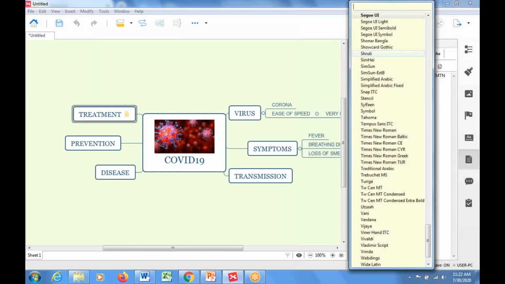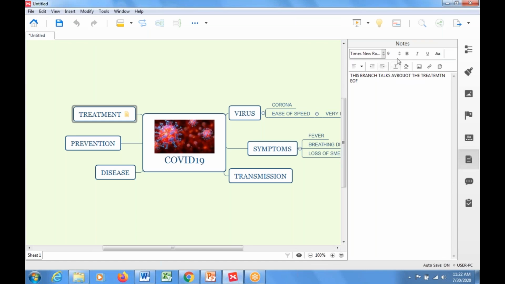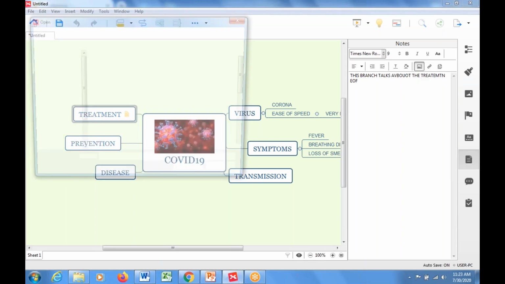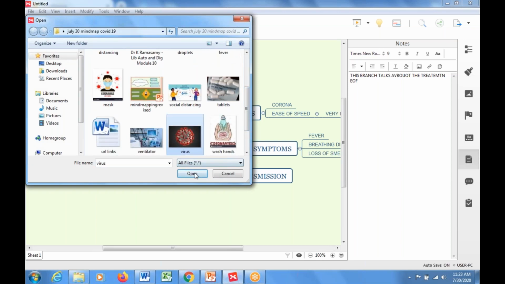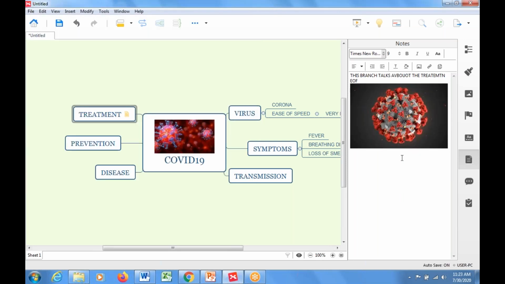You can increase the font size, you can increase the font style, you can make it bold, you can align this, you can change the background color. If you want to add a picture also, you can add for this particular note. If you want to add a picture, no problem, you give a click on this particular insert an image, you click that, you find out any one image which you like to insert it, select the picture, click open, okay. So even for small notes also you can add some pictures, it's quite possible, okay.